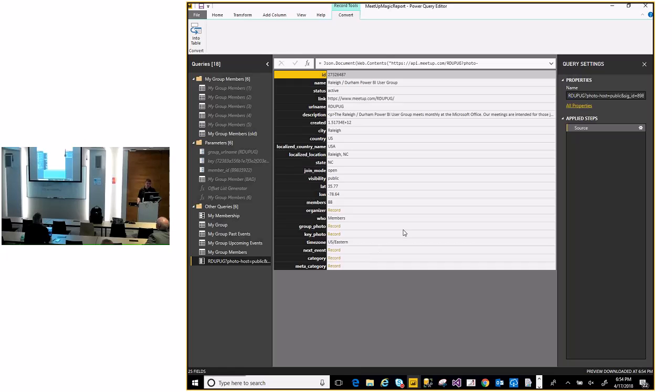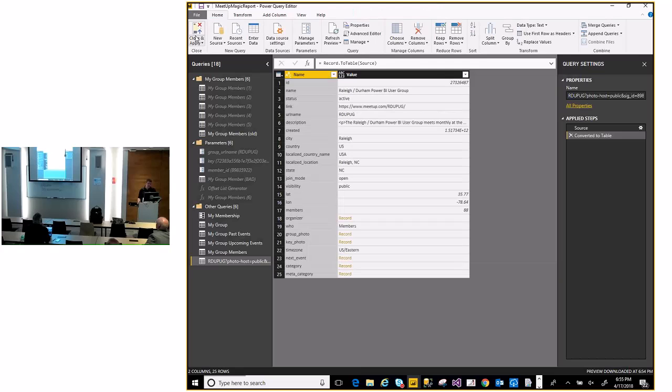From here, I can take this and drill further in. I could expand these records. Typically, before I would manipulate this, notice again, I got this as a list. I would want to convert this into a table first, and then expand on those records. So you can imagine multiple organizers. Well, we have to drill out and get 2 rows for that data. So this is very relational, and it has a hierarchy in that JSON format that I'm bringing it back.